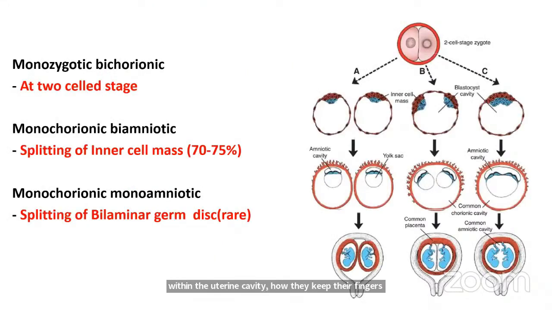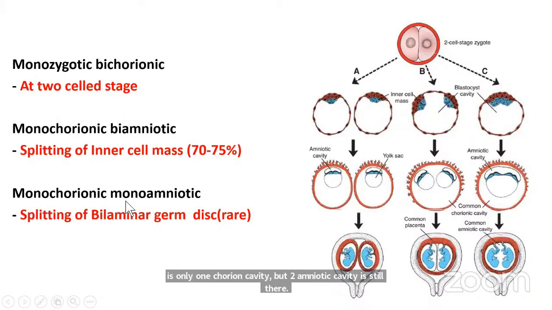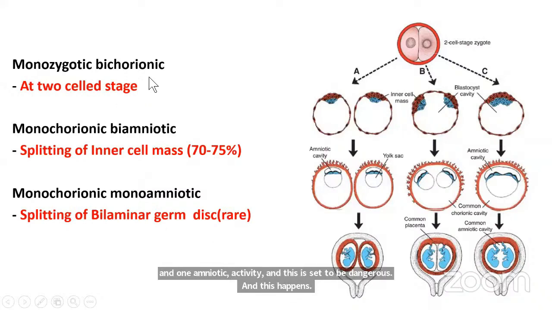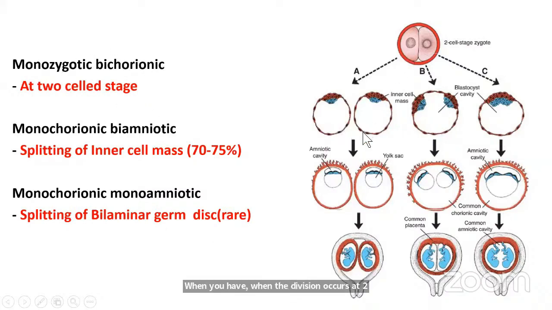Then monozygotic, there are 3 different types of twins. Monozygotic dichorionic, monozygotic monochorionic biamniotic, monochorionic monoamniotic. Here you can see that in one you get 2 chorionic cavities. The next 2 types, there is only 1 chorionic cavity but 2 amniotic cavities are still there. In the third variety, you have only 1 chorionic cavity and 1 amniotic cavity, and this is said to be dangerous. And this happens when the division occurs at 2 cell stage, you get